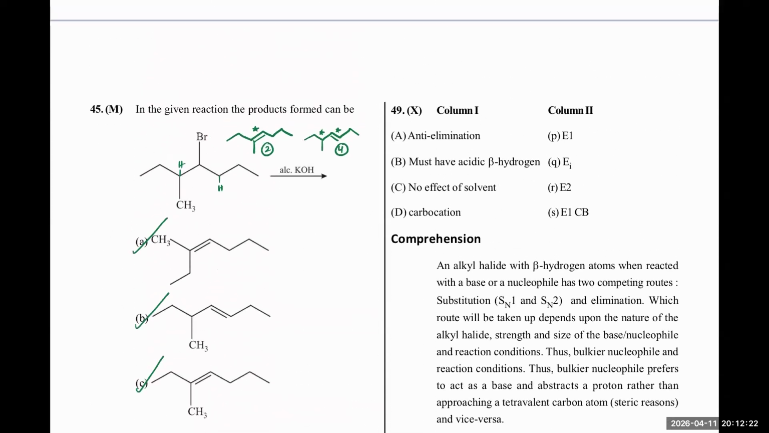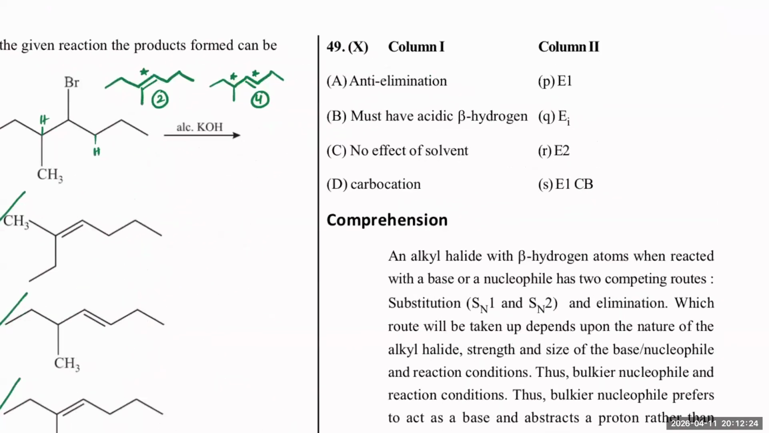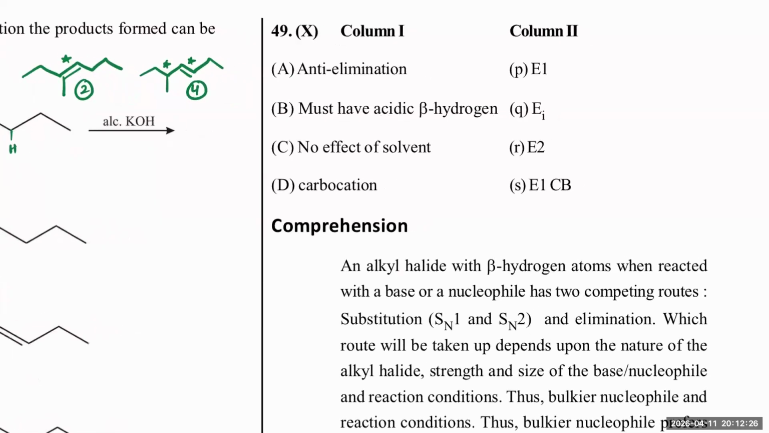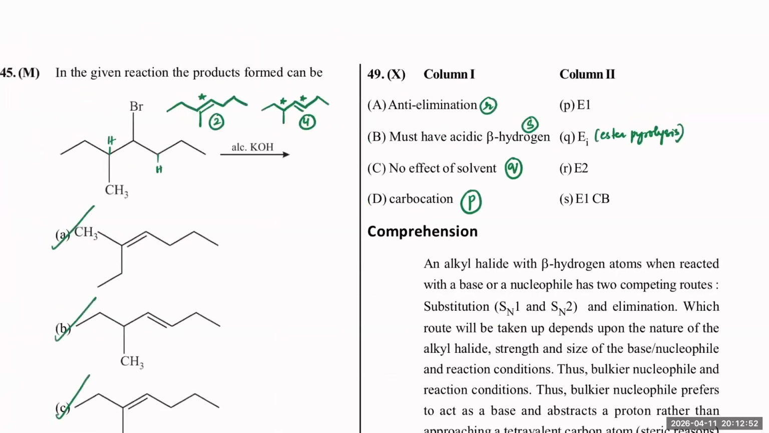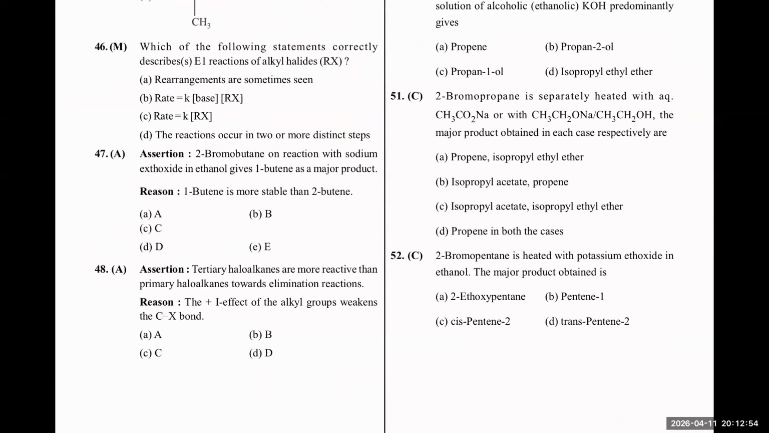Next. Let's show this. 49. Anti-elimination is for E2. Must have acidic beta hydrogen, that is E1CB. No effect of solvent, that is Ei mechanism. Ei is that ester pyrolysis. Okay, reference ester pyrolysis. Lastly, carbocation formation is E1 mechanism. Okay, right. So guys, see,